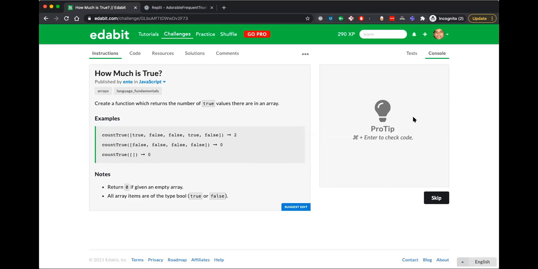One approach to solve it is just using a for loop, any kind of for loop. Another approach is probably we can use an array utility method called filter. We can use that to reduce the size of the array, but then again we have to do dot length. If we use filter, then it returns an array that corresponds to true. We can also do reduce. We can use the accumulator, and then based on the condition we can reduce it. So we have three different ways that I can think of. I'm sure there are other ways to solve this simple problem. Let's try out all these three ways.